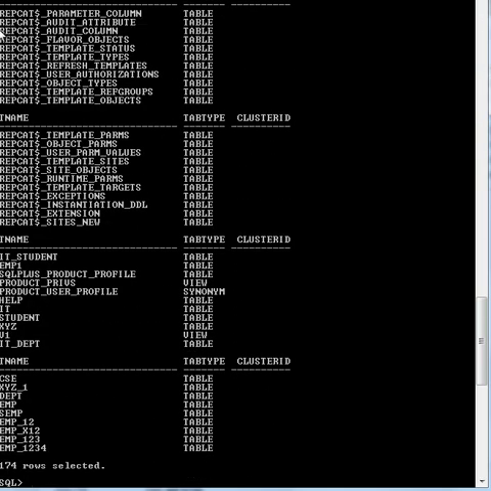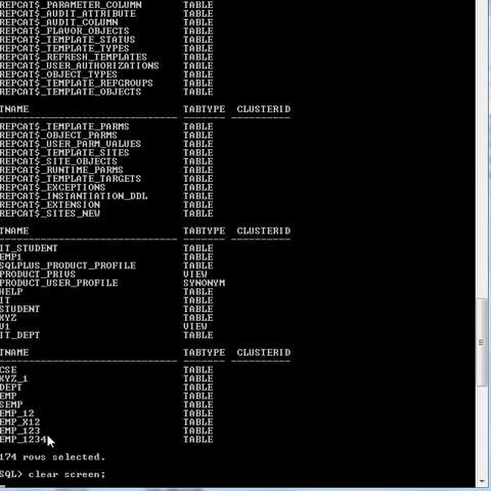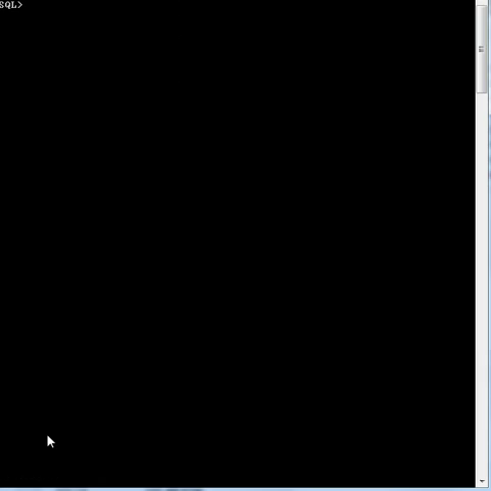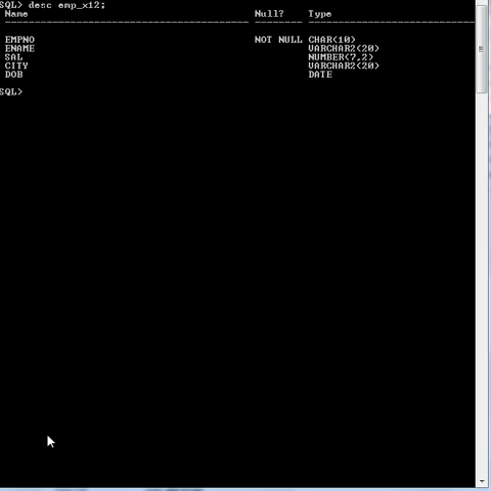Here we can see EMP underscore x12 has been created. Clear screen. If you want to see the description of the table, DESC EMP underscore x12. This is giving us the description of the table.